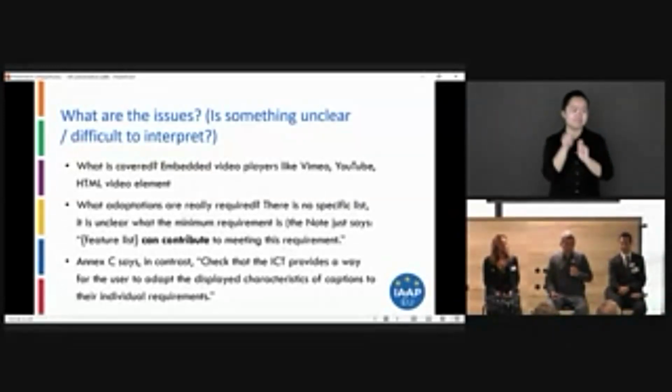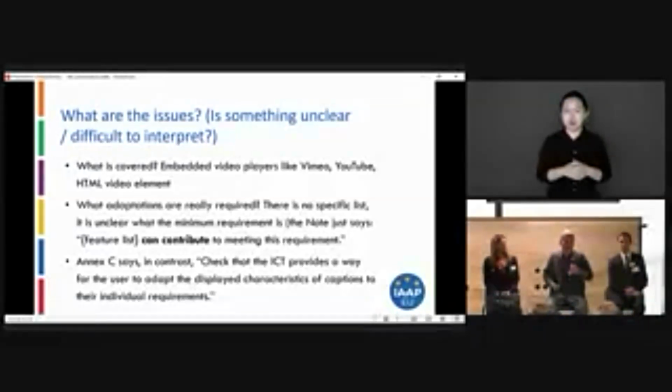So what are the issues? As I said, embedded videos are covered. The question was, in the normative requirement, what adaptations are really required? There's no specific list. There's just a note in the requirement that says a feature list like style and contrast and so on can contribute to meeting this requirement.